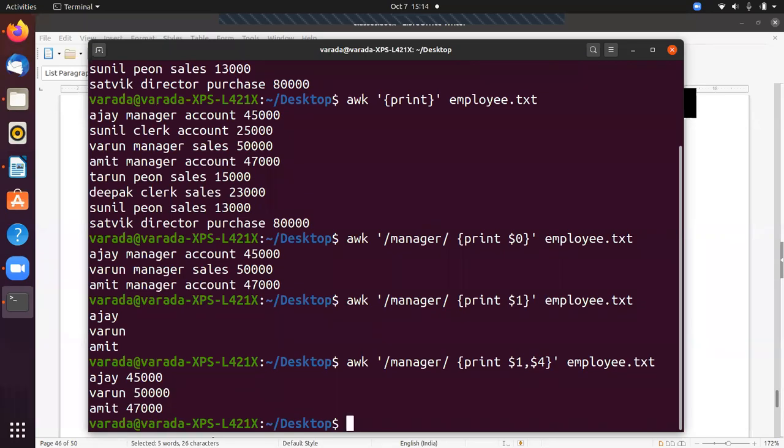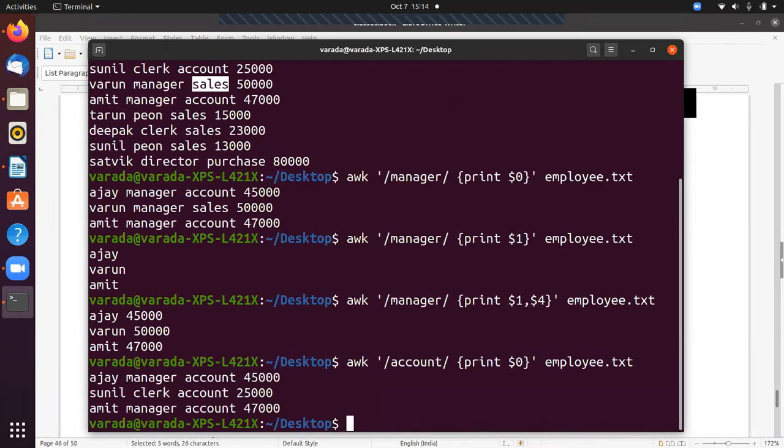So for example, I want to know all the records related to account. So this is the account. Okay, so that means field 3 contains two types. Either it belongs to accounts or sales. If I want to know the details of the account, then how? I can give the pattern as account, and I want to print the entire record, then I give $0. Now it displays the details regarding the account only. Okay,